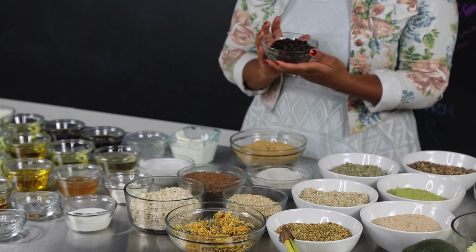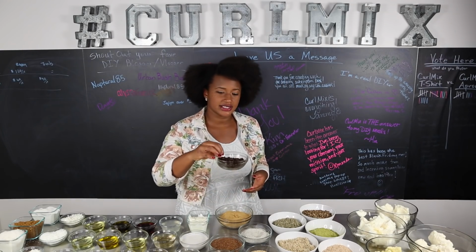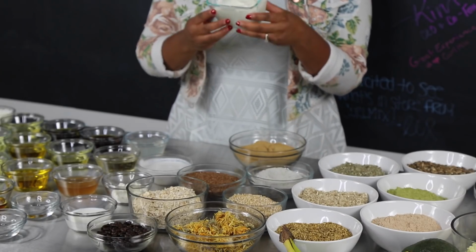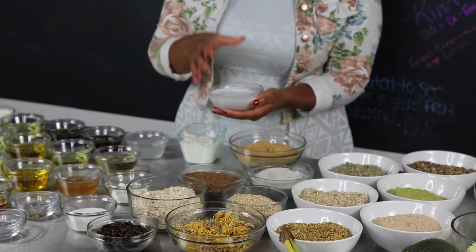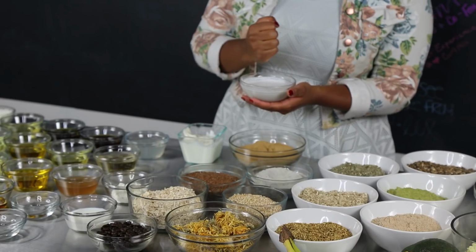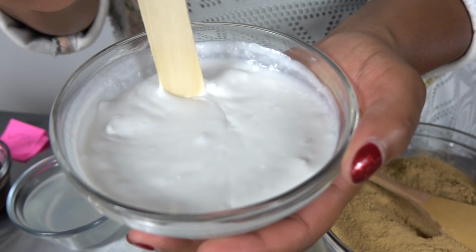Coffee can also be ground up and used for a face mask or a cleansing mask, something of that sort, because coffee has acidic cleansing properties. We have our Greek yogurt. Greek yogurt is protein, and so a lot of people may use it in a deep conditioner. We have our coconut cream, which is made from coconut. So take the shavings and you carve them out of the coconut, and then you soak them in water and then you massage them. You massage it, and then when the cream rises to the top, you scrape it off,